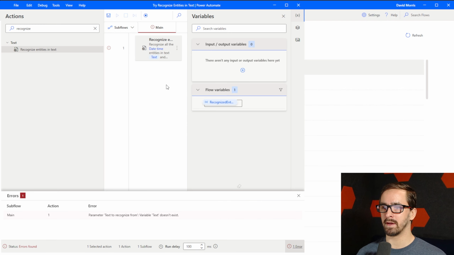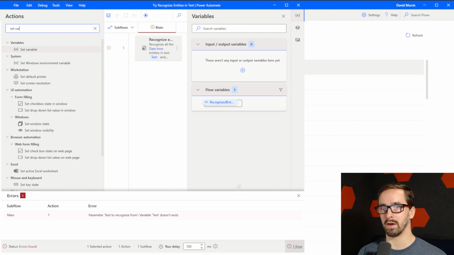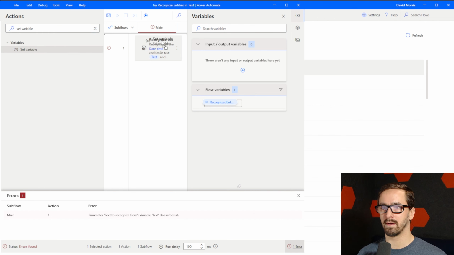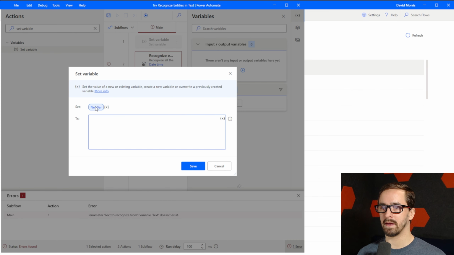Let's save. And then it says we don't have a variable called text, so let's do set variable. We're going to put that above. We want to set the variable text to some different things. So let's say that on July 4th, 2019, I went to a parade. I'm making this up off the top of my head, so this may not be the best thing ever. And then on, let's say